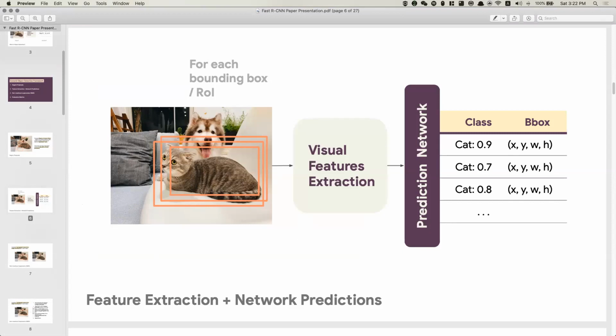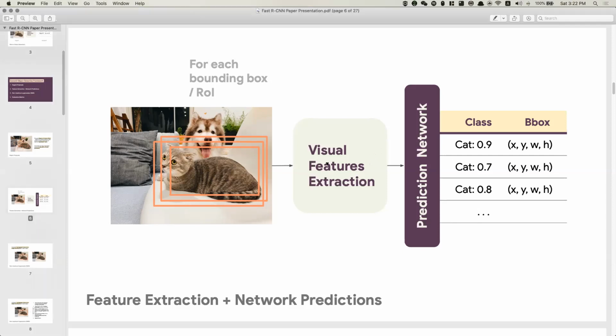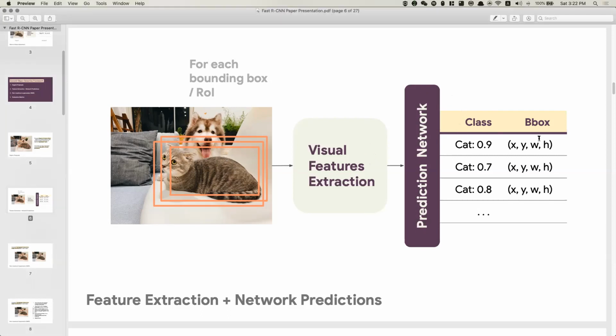What's normally done here is that this visual feature extraction module is typically some pre-trained convolutional neural network. You can just pick your favorite CNN, like ResNet, VGG, or whatever. The point is you want to extract high-level features from this image, which is what a CNN does. And now that we've extracted these features, we can finally pass them to a prediction network, which can just be another neural network, to finally output the numbers we want, which are the bounding box coordinates and also the class of